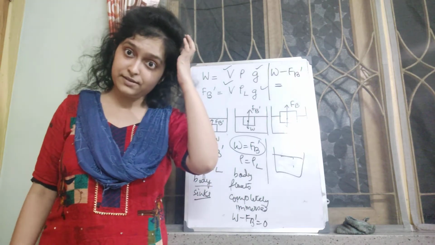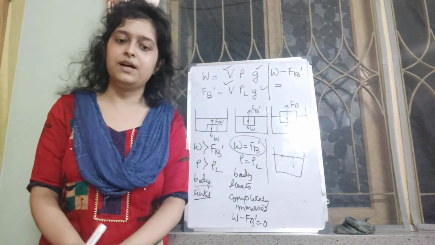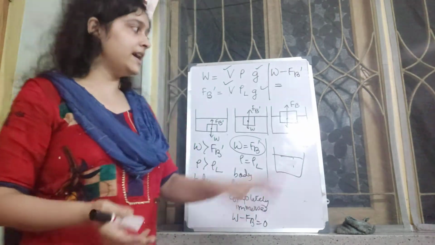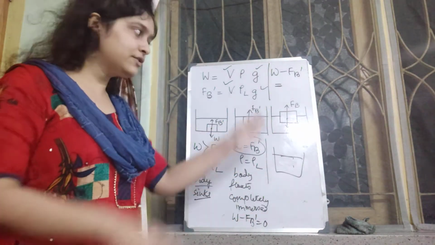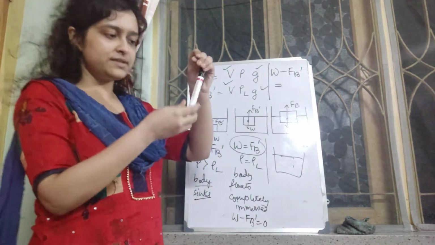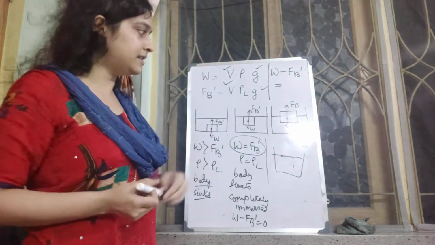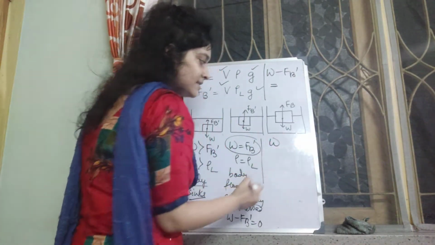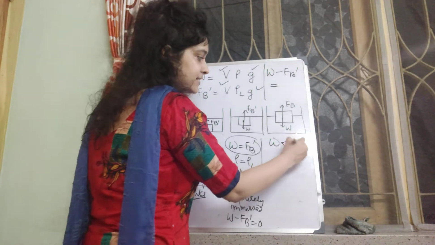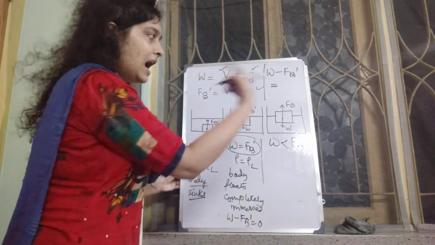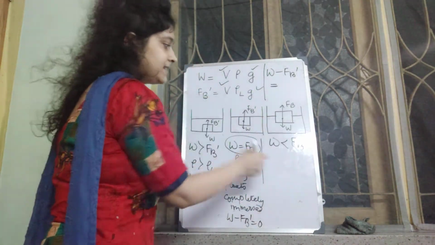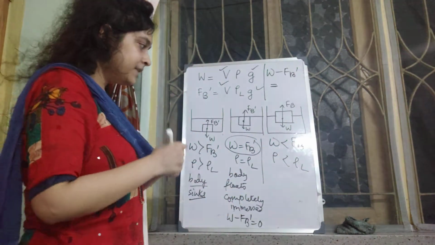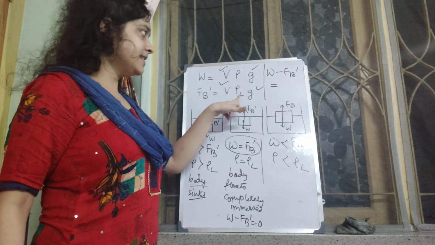That time upthrust was more than the weight. So it has pushed the mug upwards, kept it in such a position where this can balance this, and it will keep on floating. When the two forces balance, it will keep on floating in this condition. So in this case, which one is less or which one is more? W is less than FB dash. That means this is more, right? So can I write then rho S less than rho L? That means the density of the solid is less than the density of the liquid.